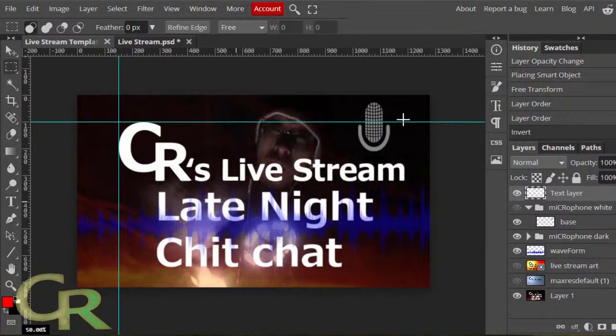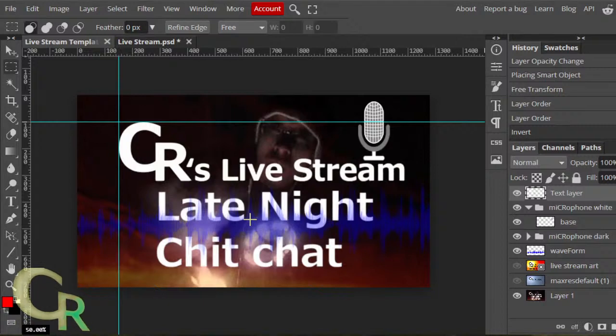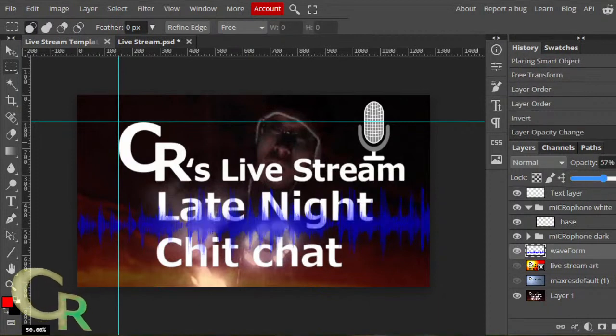So I already have something like this. So whichever one works better. On my next late night chit chat or whatever, I can just bring this one in. It looks very similar, but slightly different. And the best part is, it's all non-destructive, pretty much, because I can change it up, increase all that stuff.